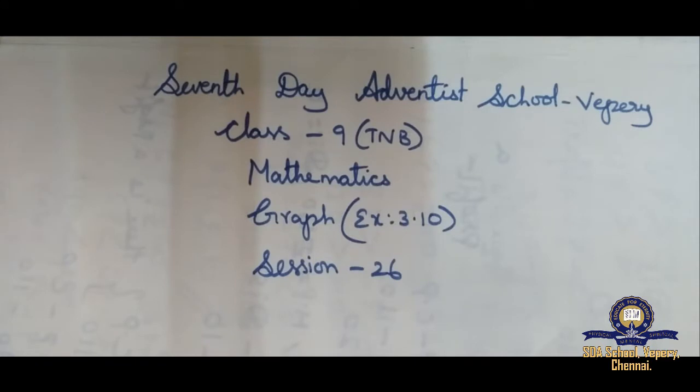Today we are going to take the class 9 standard mathematics graph session. In the last video session we saw the same graph, but the first and second sums we have completed in the second division. Now we are going to do the other sums. Today I am not going to show the graph paper. I am just going to do the tabular column part alone. You are supposed to finish the graph after plotting the points and send it to me through WhatsApp. Everybody must finish the graph portion.